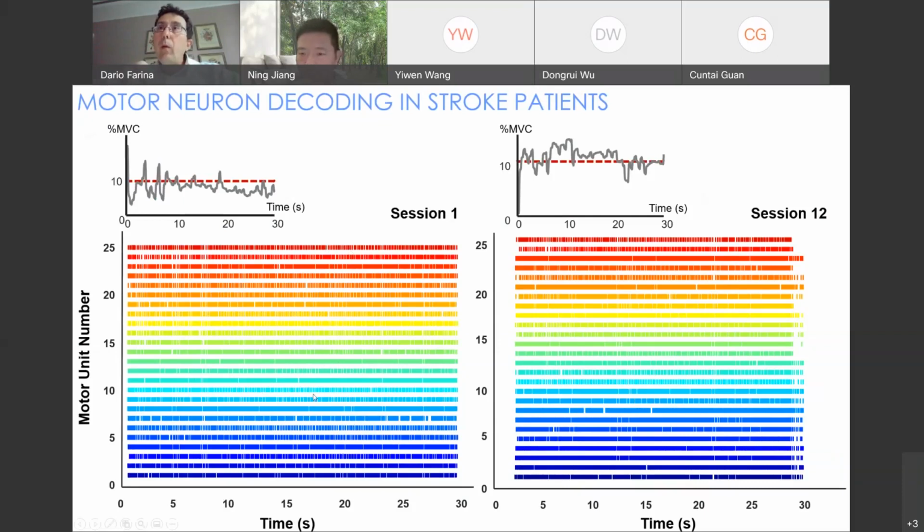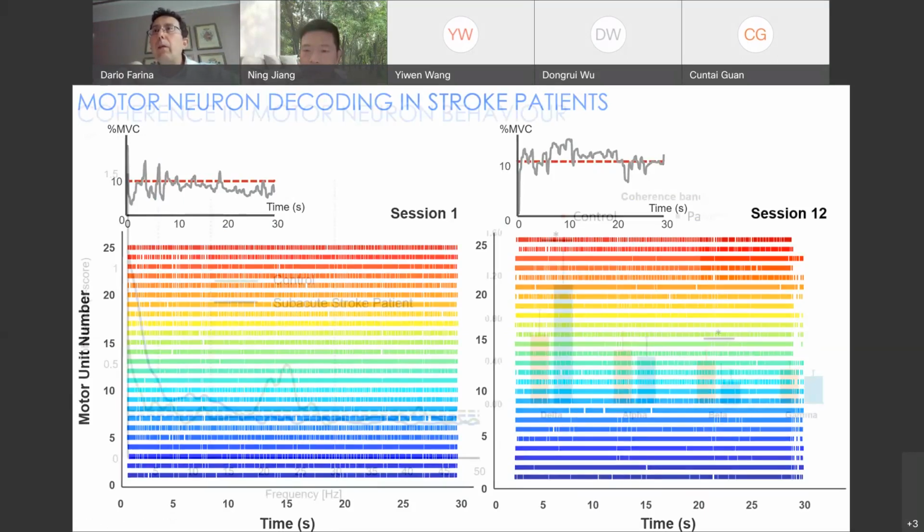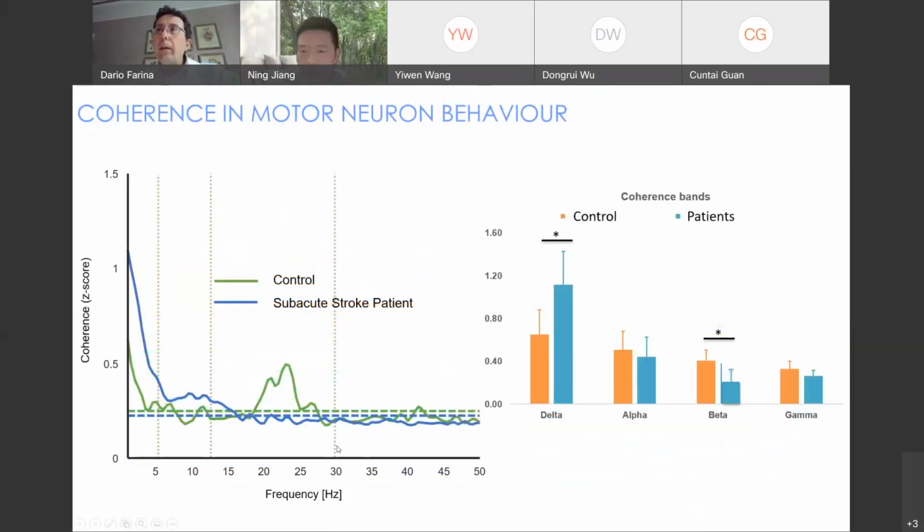Then we make permutations with a number of groups, and we average all the coherence plots. So what does this give us? This gives us an indication of the common synaptic input that those motor neurons receive. So it gives us an indication of the spectral bandwidths where the motor neurons receive a common input to the full population. And different frequency bands tell us different functional relevance of that input. So for example, the beta bandwidth tells us the input to those motor neurons.